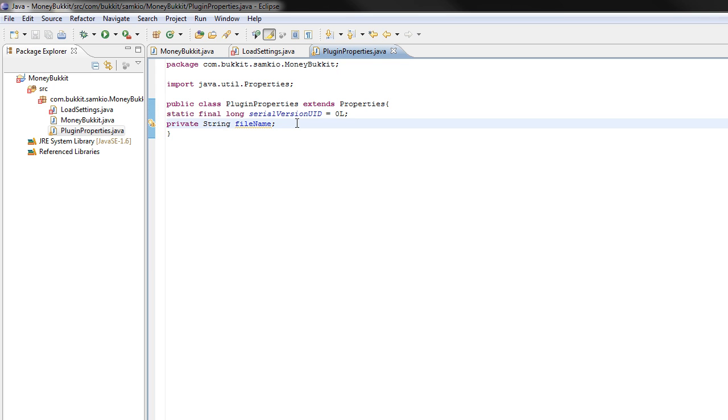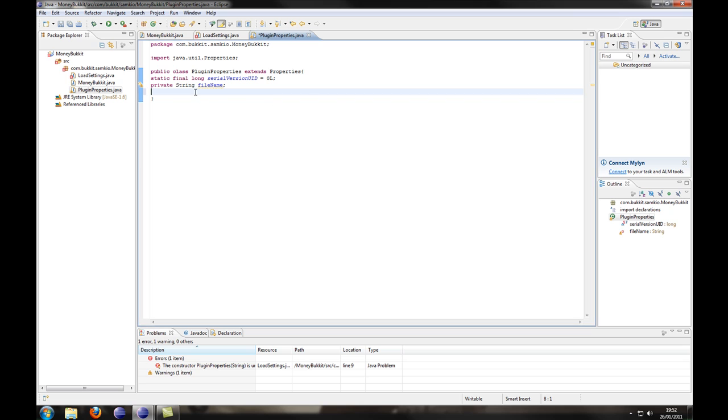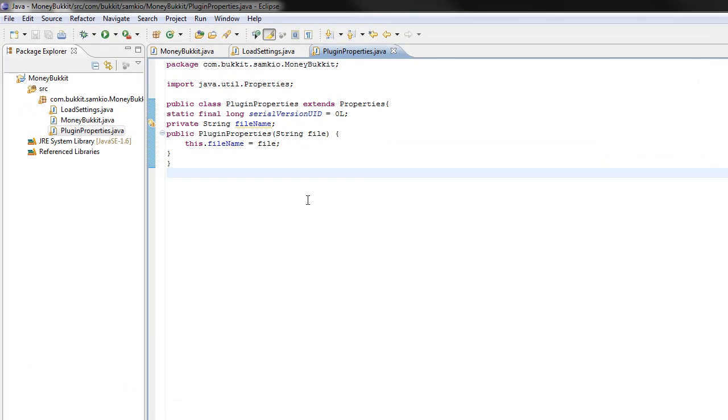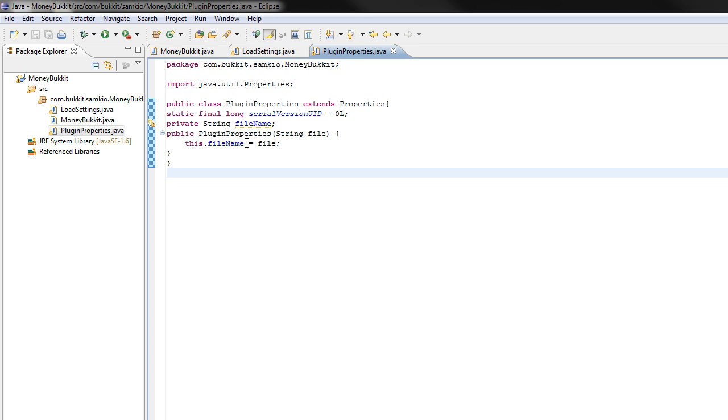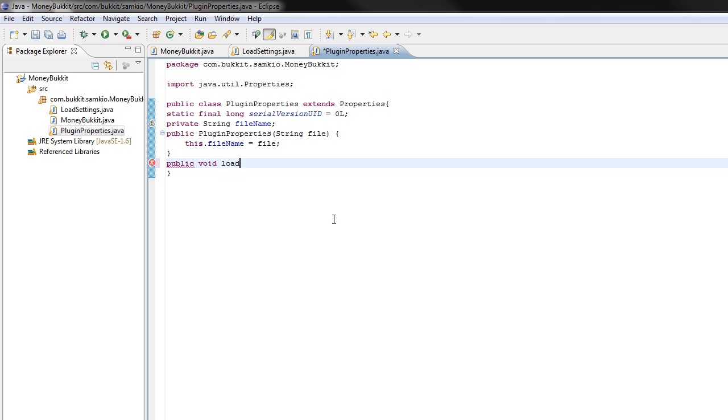Right, so just to define it, we're just going to call the plugin properties method, and the file name will equal the file. So when this creates a new file, this string properties file will be the file name as shown here. So one of the first things we want to do is load the file. So public void load,